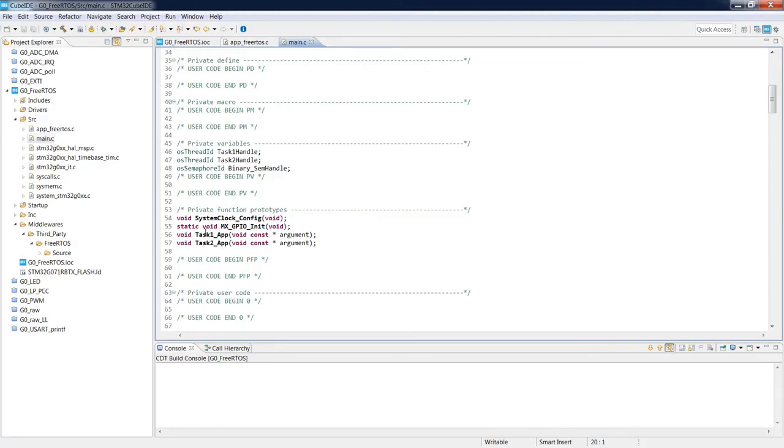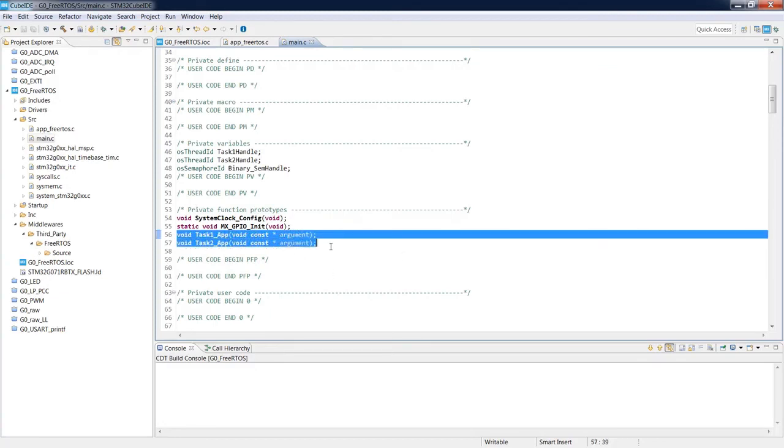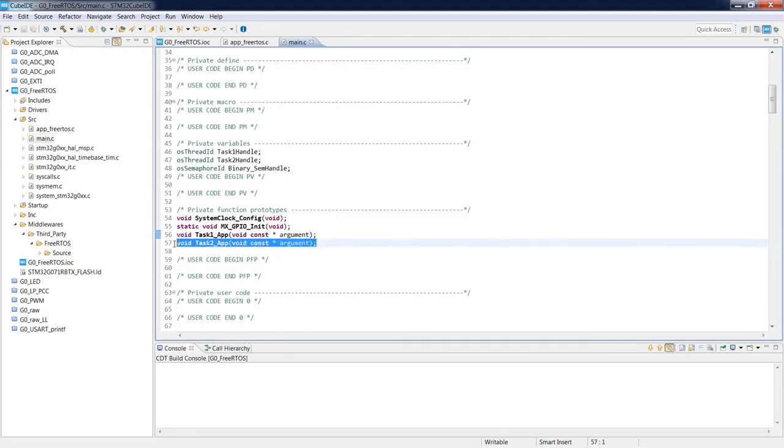So we can see within the private function prototypes, for example, the two functions which would be called when task 1 or task 2 would be executed. Those names have been defined by us within the tasks add-on in the configuration of FreeRTOS in the device configurator.